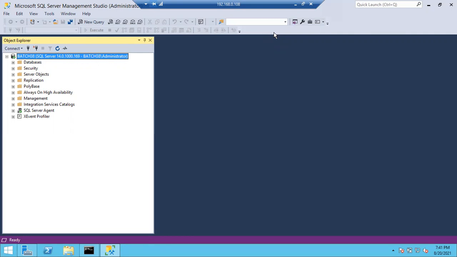When we are fixing orphan users in the first database. Okay, and login was created. Okay. And here user ID will be changed. Okay. User SID. And second, a new login SID.